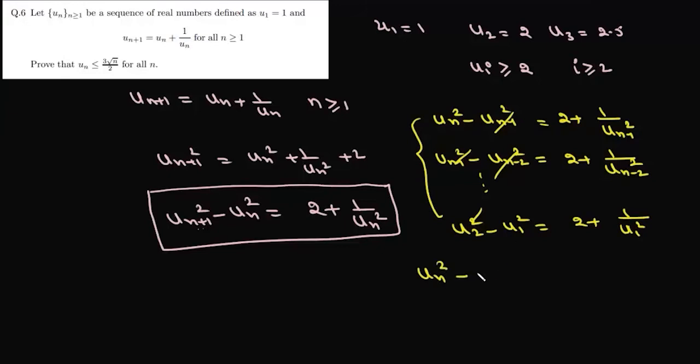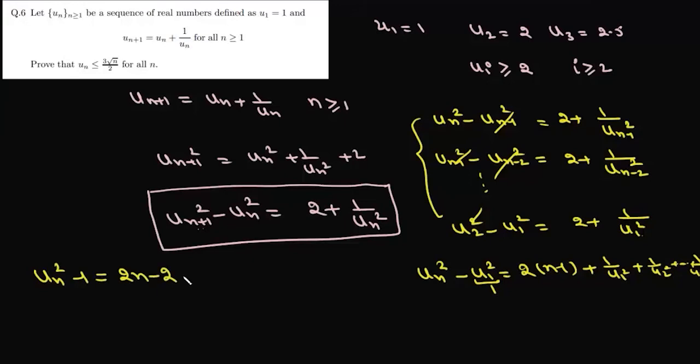So we can write un square minus u1 square, and here this is 2 plus 2 plus 2, and it is from 1 to n minus 1 times. So there will be 2 times n minus 1, and plus this is 1 upon u1 square plus 1 upon u2 square up to 1 upon un minus 1 square. Now u1 is 1, so we can write un square minus 1, and here will be this 2n minus 2 plus, now this u1 square again will be 1, and this u2 square, u3 square, and un minus 1 square,